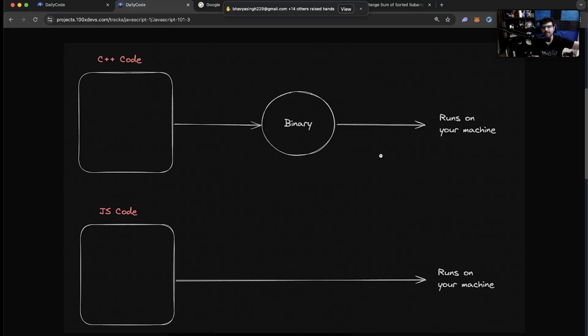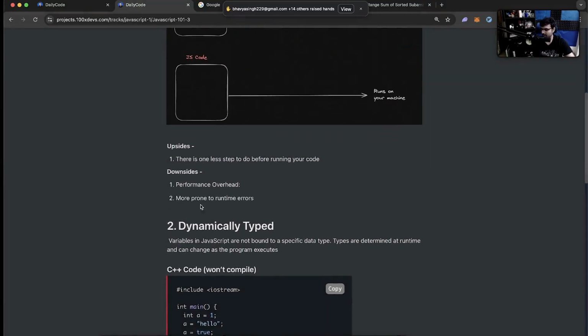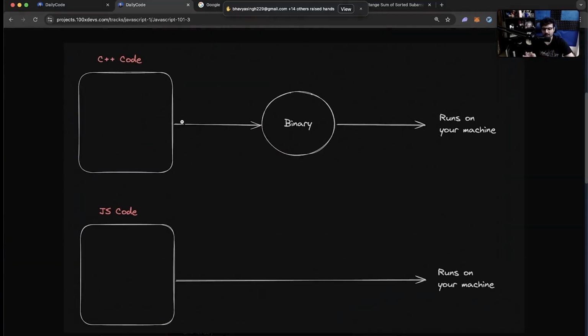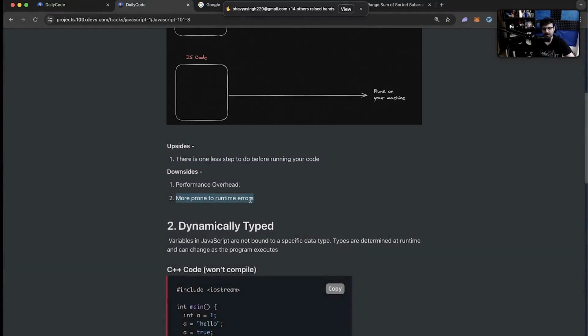So when we reach TypeScript, you will see we will make it closer to C++. We will introduce a compilation step. We will convert TypeScript code into JavaScript code, which will finally run. And all the downsides that I'm talking about, for example, the downside of there being a bunch of runtime errors, goes away when you introduce TypeScript. When you add TypeScript, then this specific thing is no longer a problem. A lot of your errors will get caught during compilation.